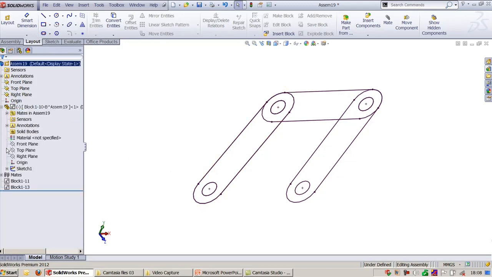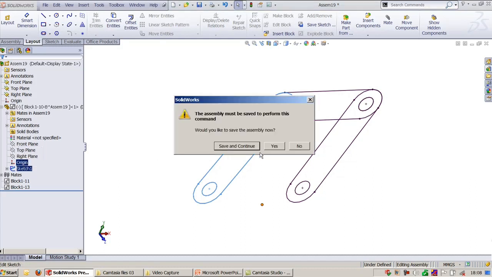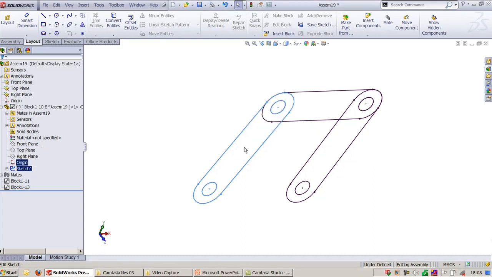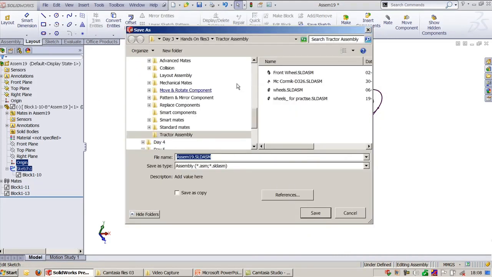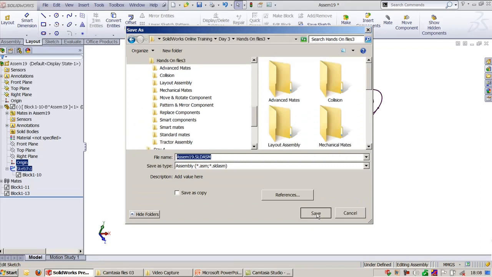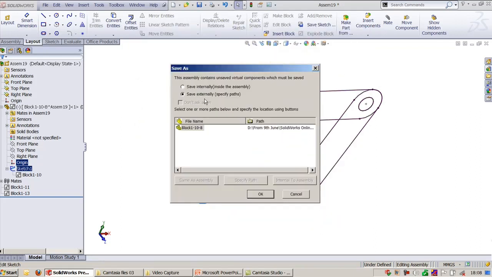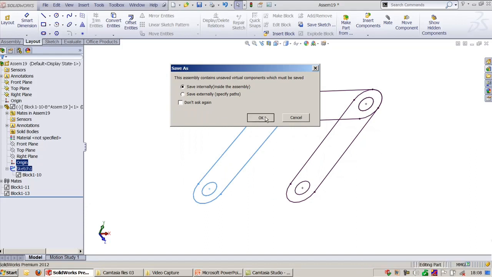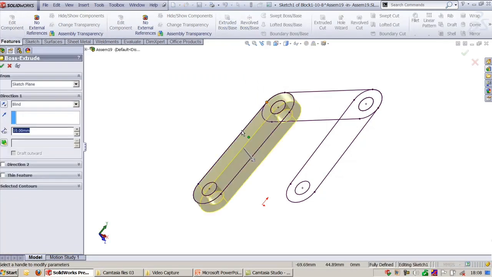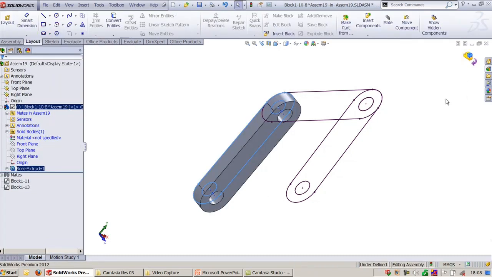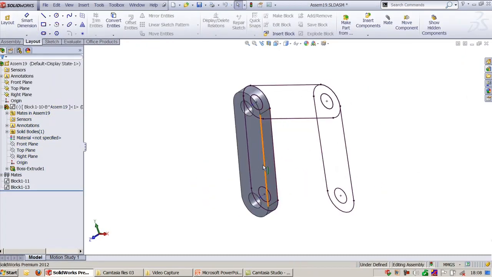I'll open this and I'll say sketch, and I'll say save and continue, and now I'll edit this part, edit this, save and continue, yes, and now I'll go and save this, save internally, yes, give OK, and now we'll be able to see the environment of part modeling. Say feature, extrude, click OK here. Now you can see the part is created here,